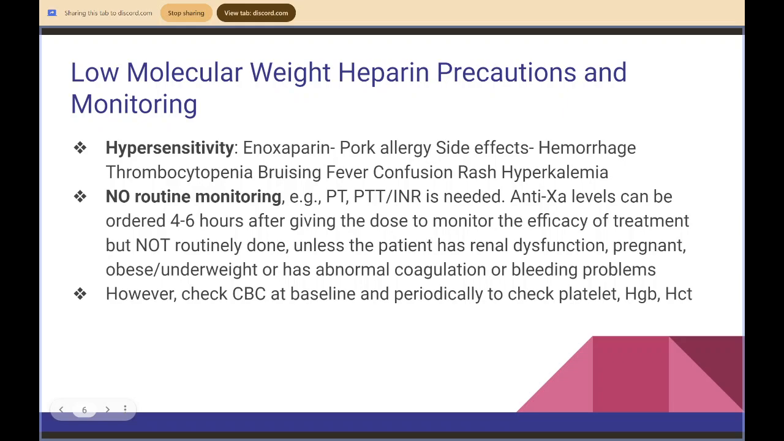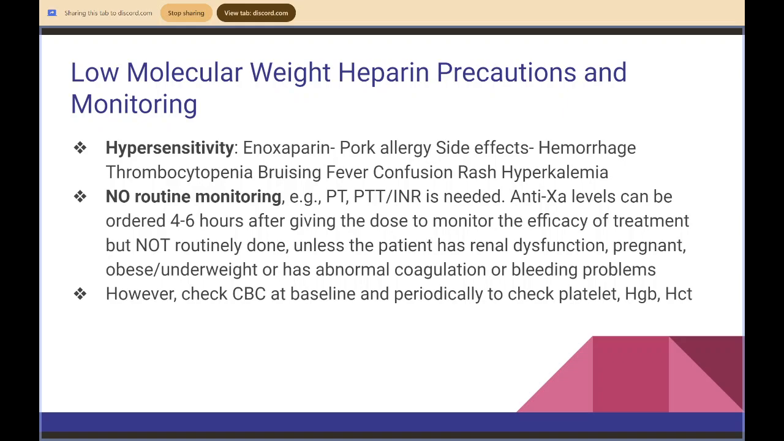So, this falls into the low molecular weight heparin category, so we have precautions and monitoring. Enoxaparin, if the patient has a pork allergy, you need to be careful. And side effects can be hemorrhage, thrombocytopenia, bruising, fever, confusion, rash, and hyperkalemia. So, no routine monitoring is needed. That's one of the benefits of